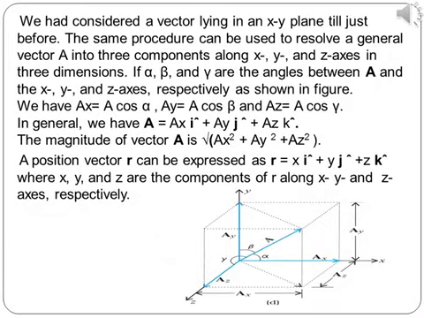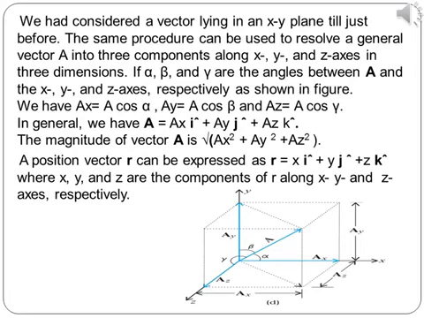So far, we have considered a vector lying in an xy plane. The same procedure is useful to resolve a general vector A, which is positioned in space, into 3 components along x, y, and z axes in 3 dimensions. If alpha, beta, and gamma are the angles between the direction of the vector A and the x, y, and z axes respectively, as shown in the given figure,